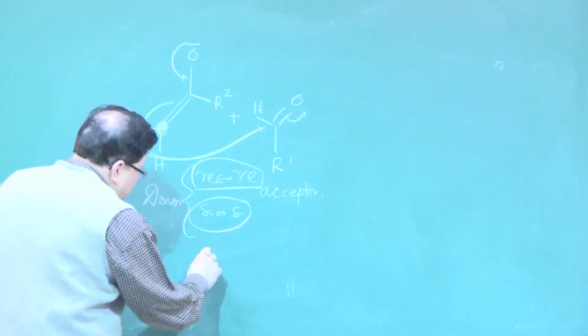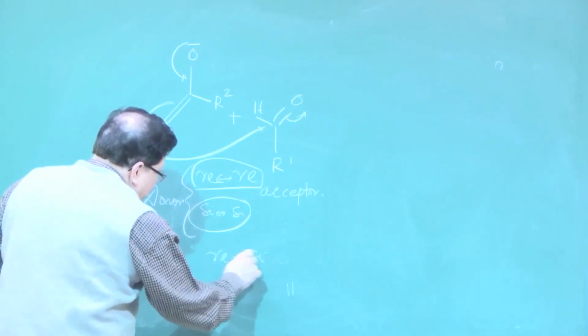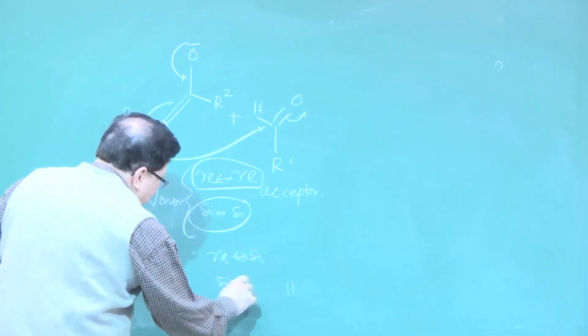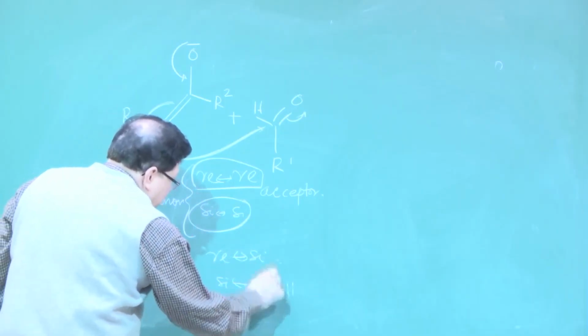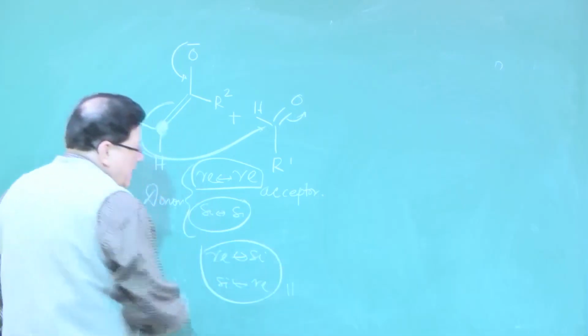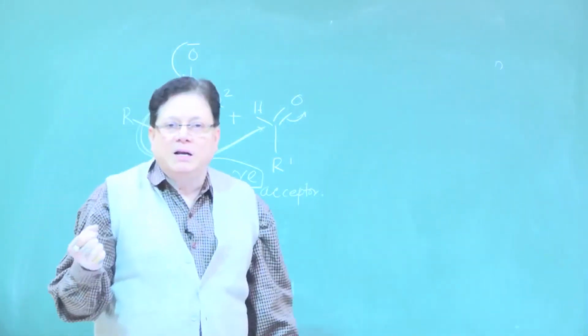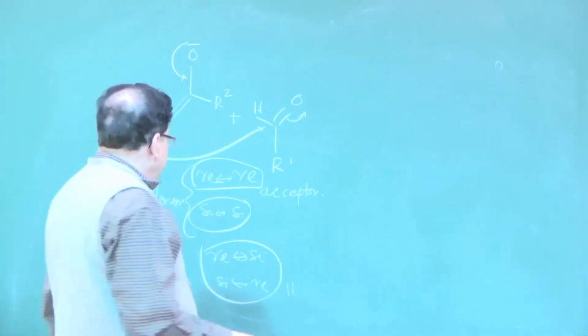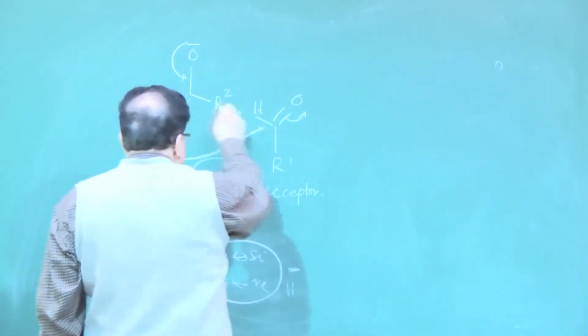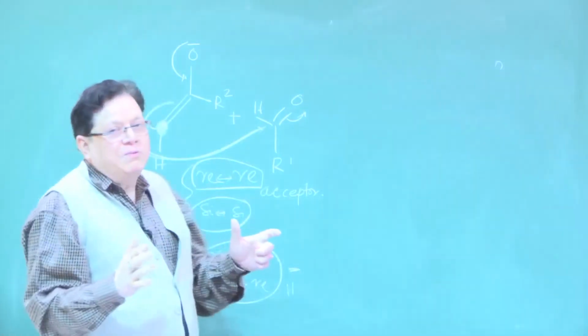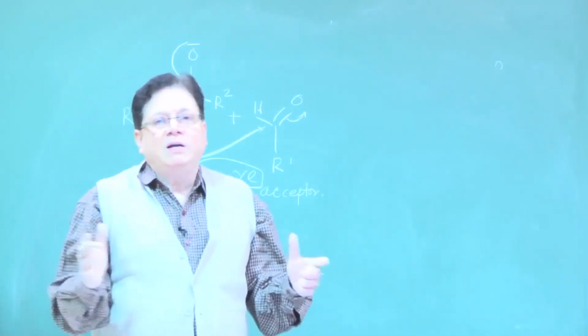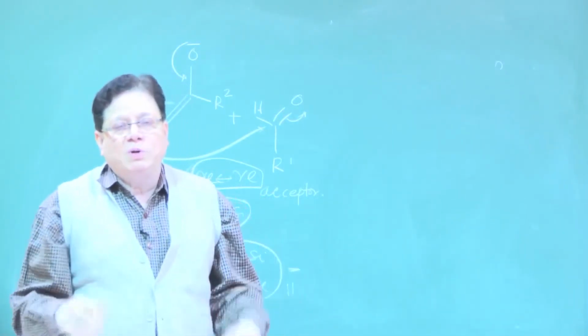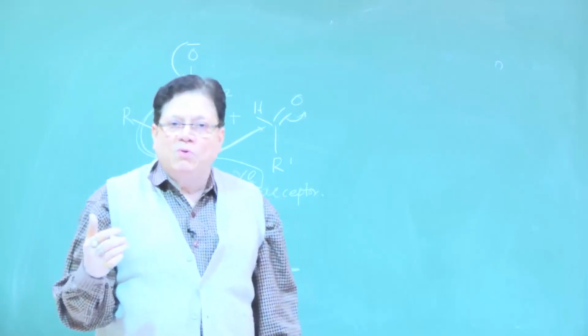The other one is the re and si, or si and re, which gives the other diastereomer existing as an enantiomeric pair. So, that is basically the genesis. It is the different types of faces that can add up together,